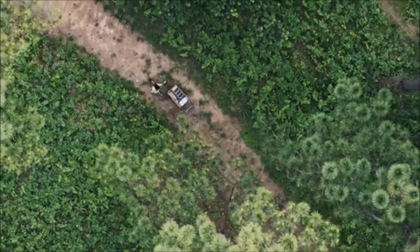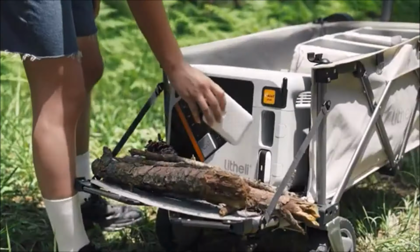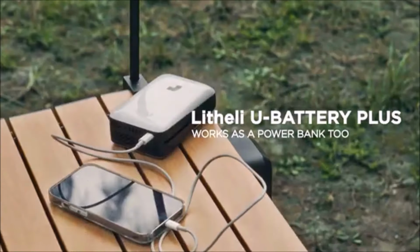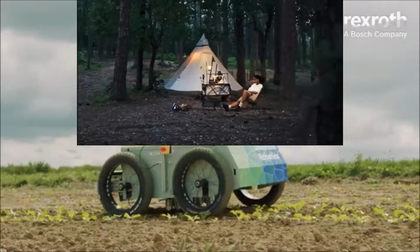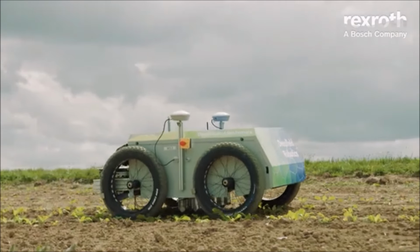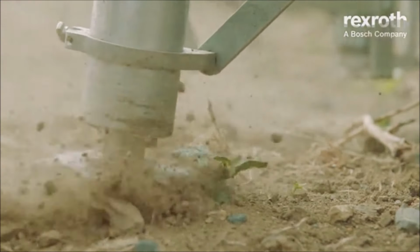Features: powered by a detachable power bank for easy recharging. All-terrain wheels for smooth movement. Large cargo space for carrying heavy loads. Quiet and eco-friendly operation. The Deepfield weeding robot uses advanced robotics to identify and remove weeds from agricultural fields, reducing